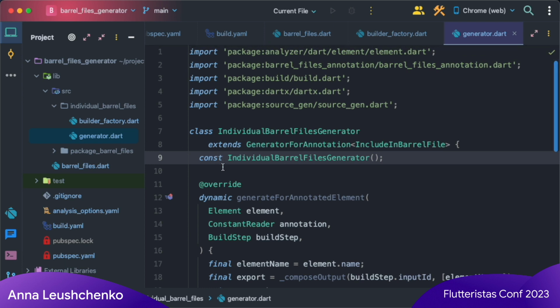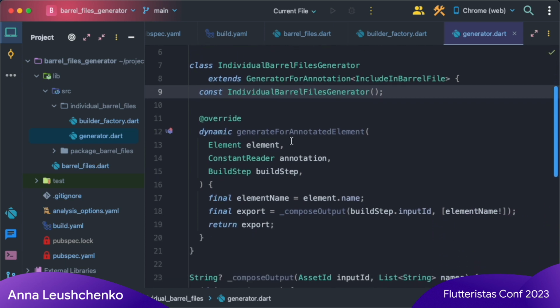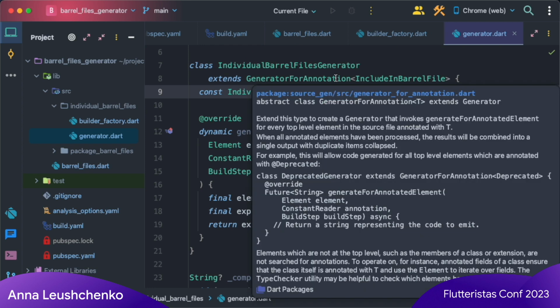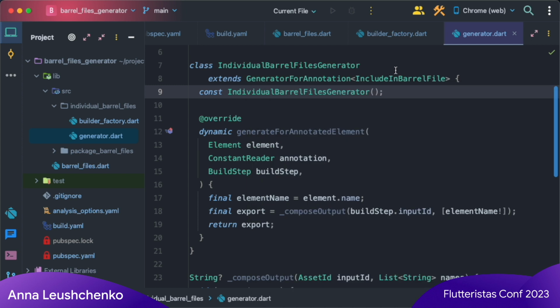This generator extends a generator for annotation generic class, and we pass our include in barrel file annotation type as type parameter. As a result, this generate for annotated element function will be called each time the runner meets a code element annotated with our include in barrel file annotation.